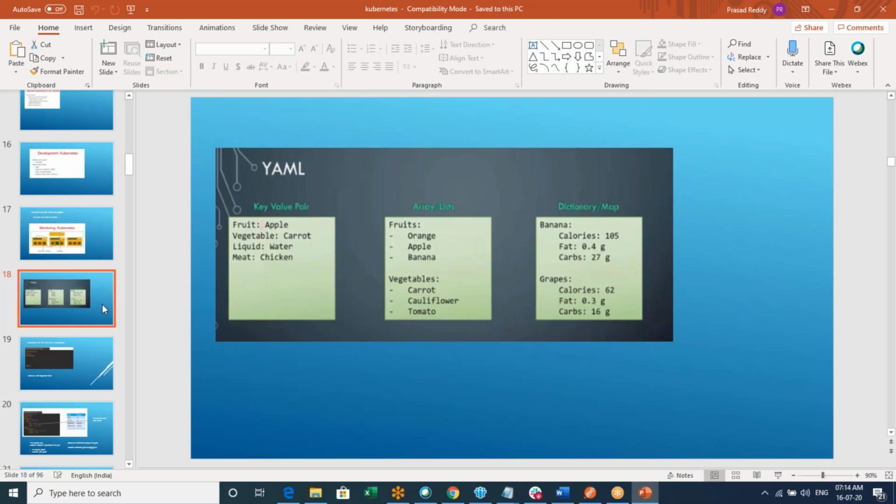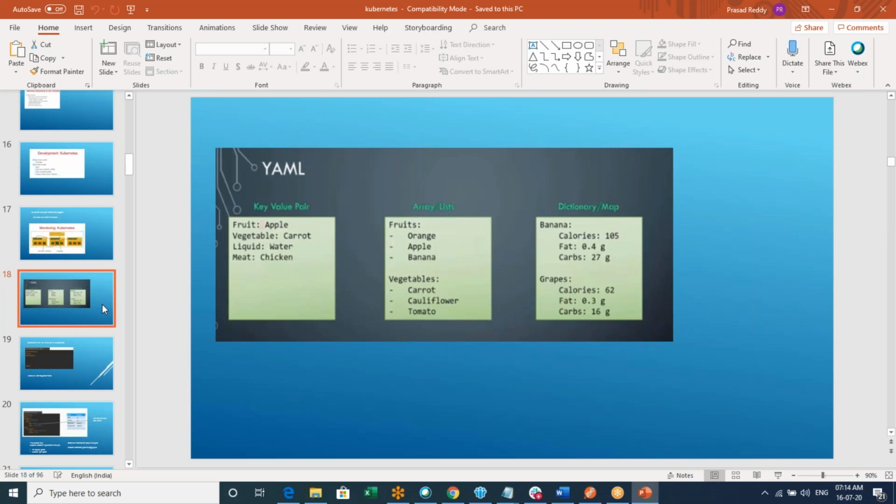So under banana we have calories and fat, and inside a dictionary we are actually adding key value pairs. Banana, calories, fat, carbs, these are all key value pairs, right? Now let's say computer. The computer name can be anything, say computer one.